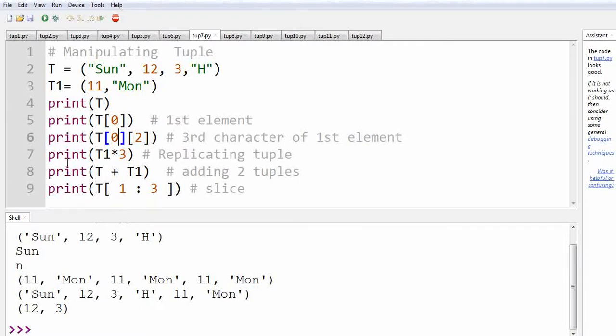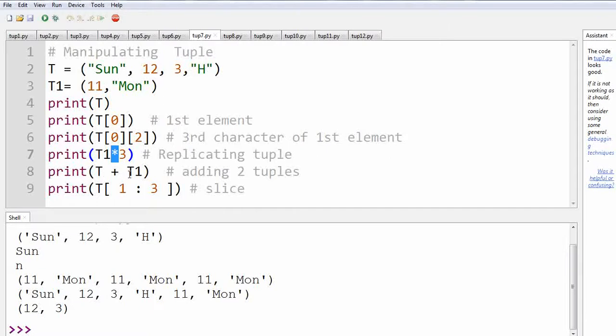Then we have written print T1 * 3. This star is a replication operator, so that will replicate this T1 3 times. T1 is 11 and Monday, so we'll get 11 Monday 1 time, 11 Monday 2 times, and 11 Monday 3 times.